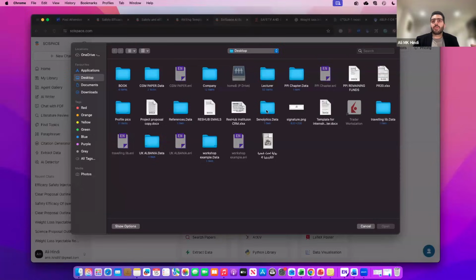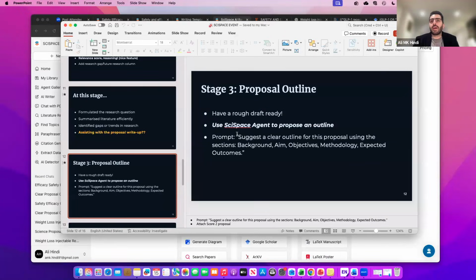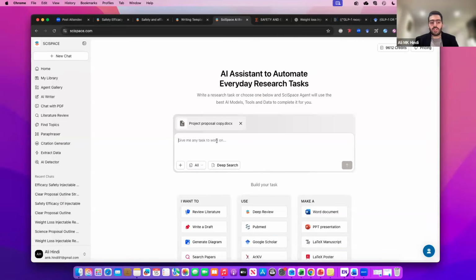Go on the desktop, project proposal. There we go. And then I'll use the prompt that I said in the PowerPoint, which is to give a clear outline aim for this proposal using these ones. And you can adjust this prompt based on what the funding proposal looks like, but let's just say background, aims, objectives,